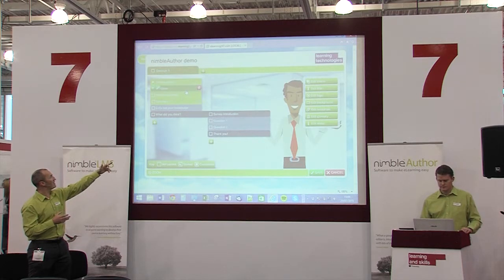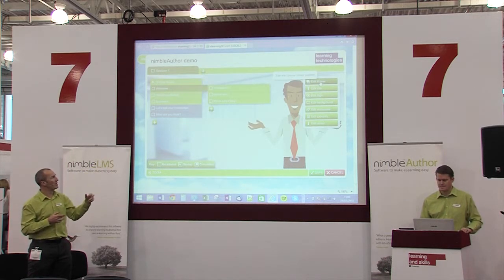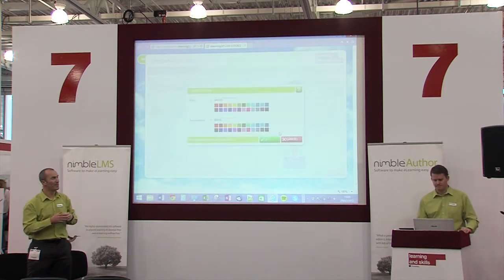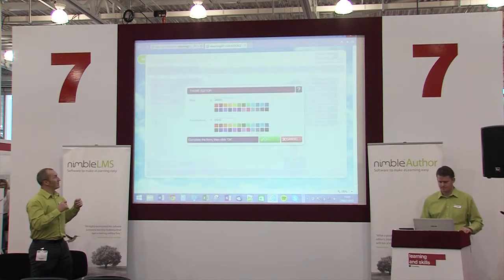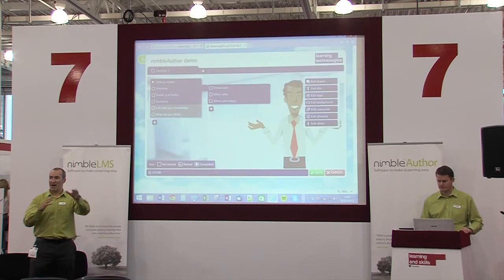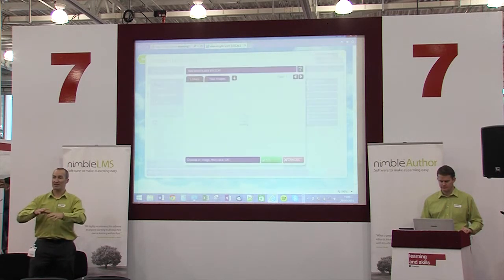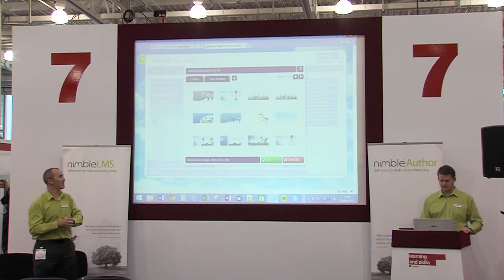So on the right-hand side now as well, we have the fun stuff. We have the themes and things. Alex has already gone in there, I can see, has changed the logo up the top, and we can change the color scheme as well. Now, what we do is we try and take the technology out of the equation so you can really focus on building good, effective courses. And we do that by, when you put an image in, we will scale it, compress it, do all the things you need to make it very straightforward.